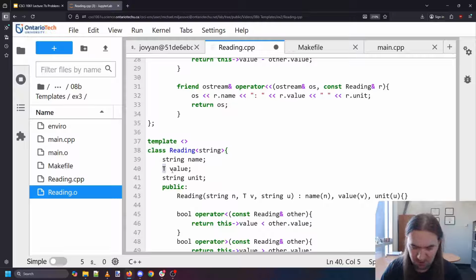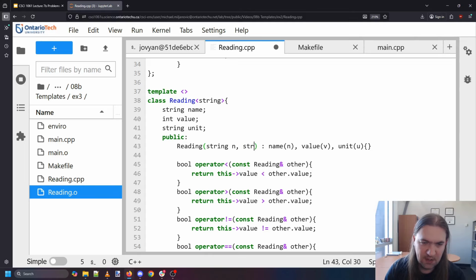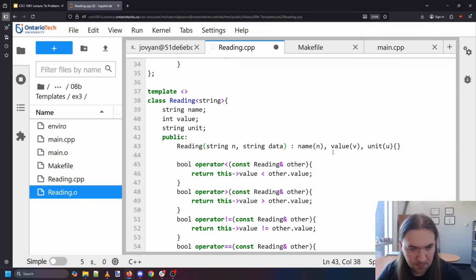Here we'll assume value is actually going to be an int. And when we construct our string version of the reading class, we'll take two strings. We'll take one for the name, and then one for the data, is what we'll call it. We'll assign the name to be n,